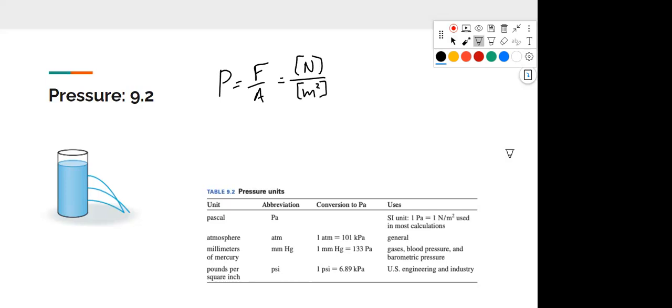And the unit Newton per square meter has a name, which is the Pascal. Pascal was one of these 17th century physicists who did a lot of work with fluids and gases and things like that. And you'll see his name come up a few times as we go through this material. A Pascal is a pretty small unit of pressure though, because you can imagine a square meter,